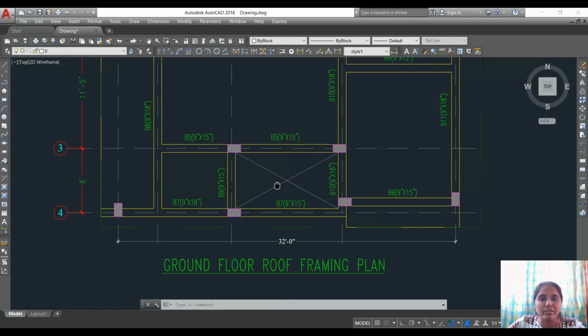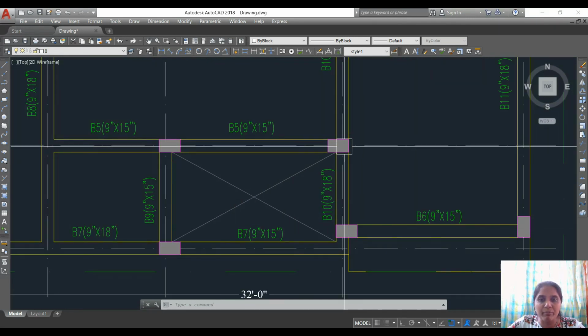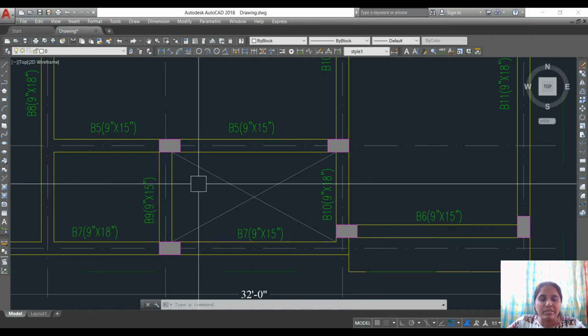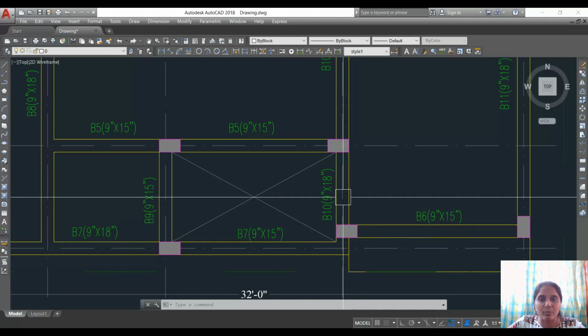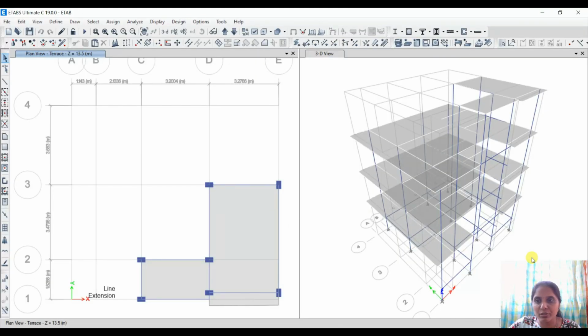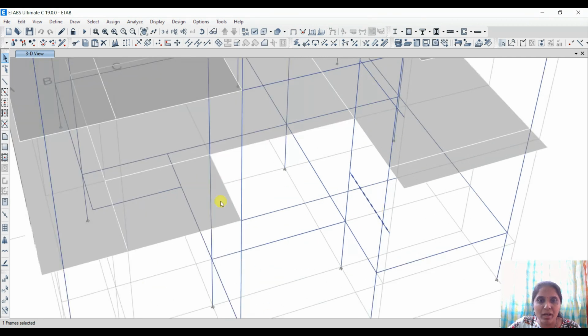So if you see in this framing plan, this is the roof level beam, and at mid landing level we will be having one beam by connecting these columns. For staircase, this roof beam and the mid landing beam will be the support. Let me show you in ETABS so that you can understand clearly. See here, this is the mid landing beam, and again here we will be having roof level beam. So if we come this way, this is the one support, and again if we go this way, this will be a support.